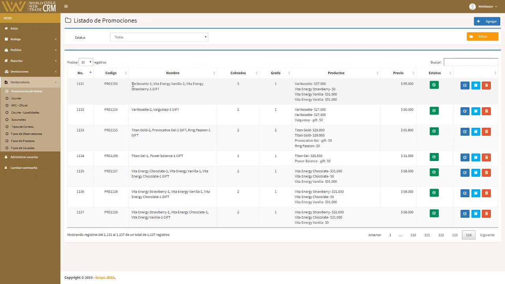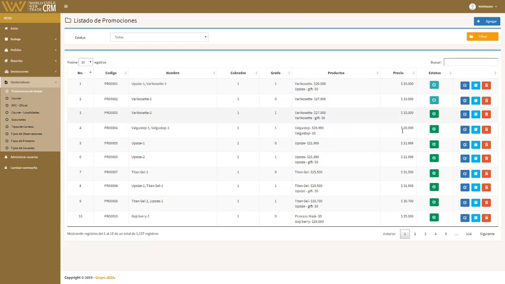We can see here that we have the name of the promotion. This is the name of the products that we have in the pay system, the quantity of the products that are collected, those that are free, the price of each one, the kind of product that is the gift, and the amount of the promo, right? And we can deactivate it at any moment,